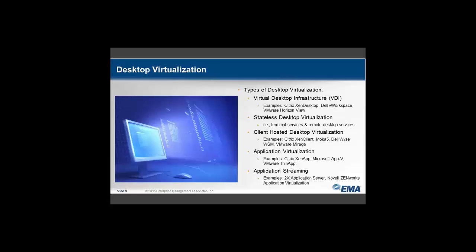The most popular desktop virtualization packages, including Citrix XenDesktop, Dell vWorkspace, and VMware Horizon View, support both VDI and stateless desktop virtualization configurations. Common to both of those approaches, though, is that both the desktop and any applications on the desktop run on the back office servers, and again, they're just displayed on the endpoint. All central processing, memory, graphics processing, it all happens on the servers. The endpoints, whether it's a PC or a tablet or a thin client or whatever, essentially just display the image